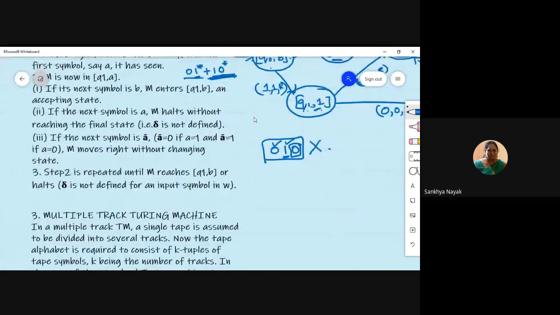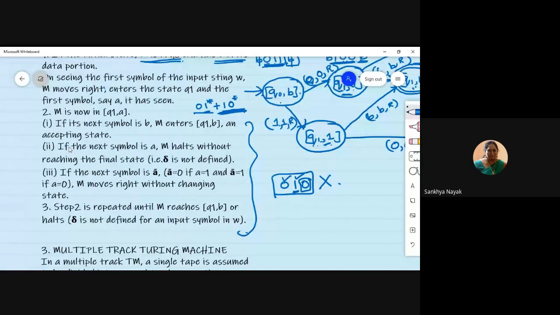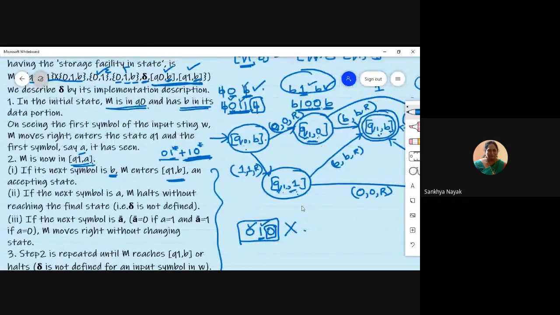For the same thing, whatever I explained, the steps are given in generic terms over here. So for example, let us say the first symbol is A. A means it can be either 0 or 1. Right. So you make the change to that Q1 comma A. So Q1 comma 0 or Q1 comma 1. If the next symbol is blank, then we go to an accepting state, Q1 on B. So you can see here, if I get a blank from here or if I get a blank from here, I have gone to the accepting state called Q1 on B, correct?